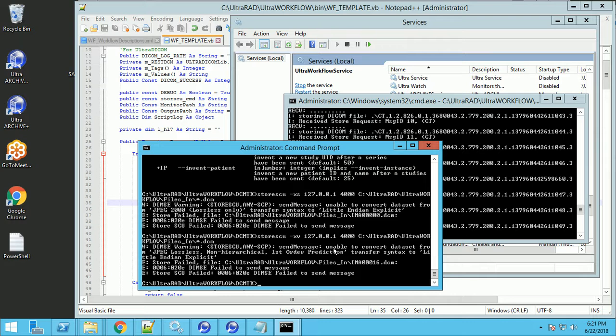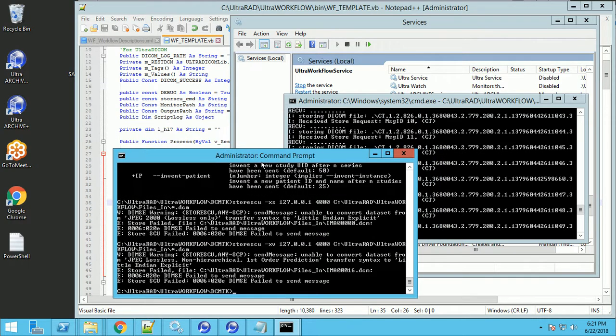There we go. So it sent some of the images and then it failed, right? So we can pass a wildcard to send a whole bunch of files if we want. But in any event, I just want to show you some of the different options. So I use different switches for different